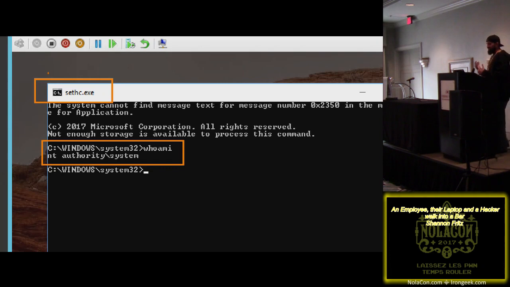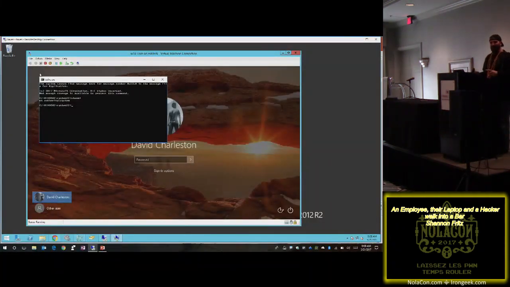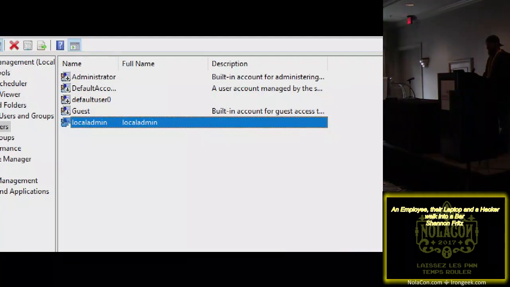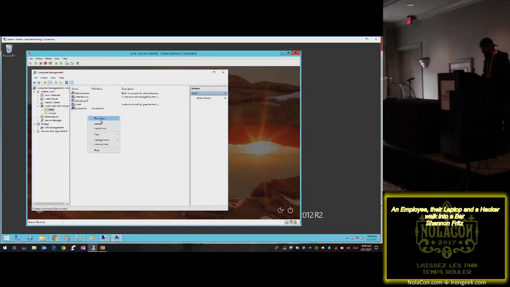But I still want to get into the computer so I can interact with it, right? With fancy GUIs, because GUIs are fun, right? So instead, what we're going to do is run compmgmt.msc, and this will load the Computer Management console. And in the Computer Management console now we can go into Users and Groups, and we see there is actually a local admin account on this machine, which is a pretty bad decision. But I could right-click and change this password and get into the machine, but I'm going to hold on to that one, leave that one as is for now, and instead I'm actually just going to right-click, create a new user,